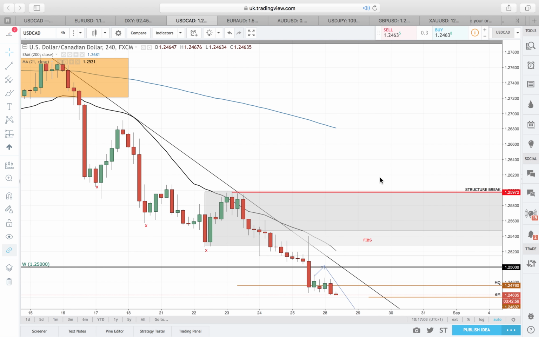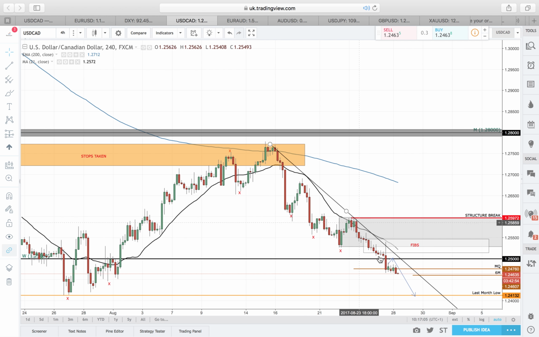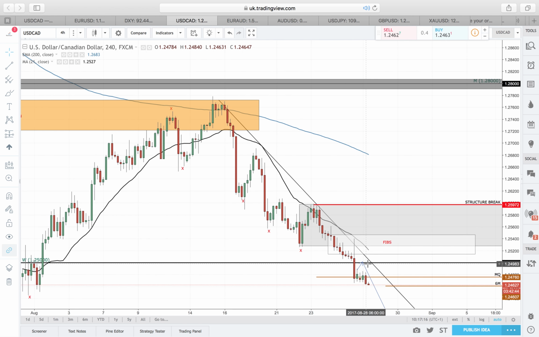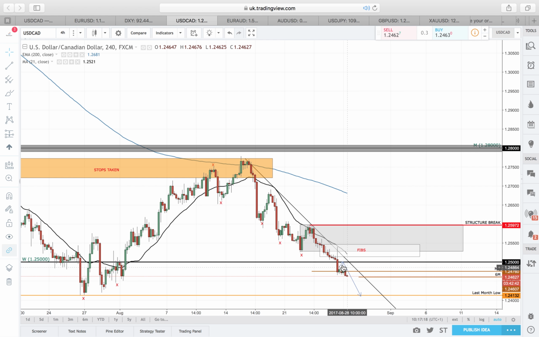On the four-hour chart, we see a bit more clearly. Logically, what I'm expecting the market to do is, we've taken out these lows here, so I expect a retracement. The retracement could be up to 1.25 because we've broken past it. So I want to see a retest of 1.25. If I get confirmation there, candlestick-type bearish confirmation price action, I'll be looking for the market to get to 1 point.